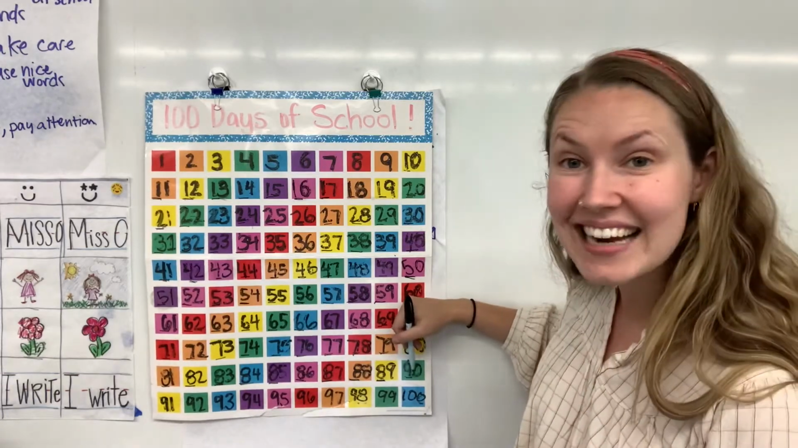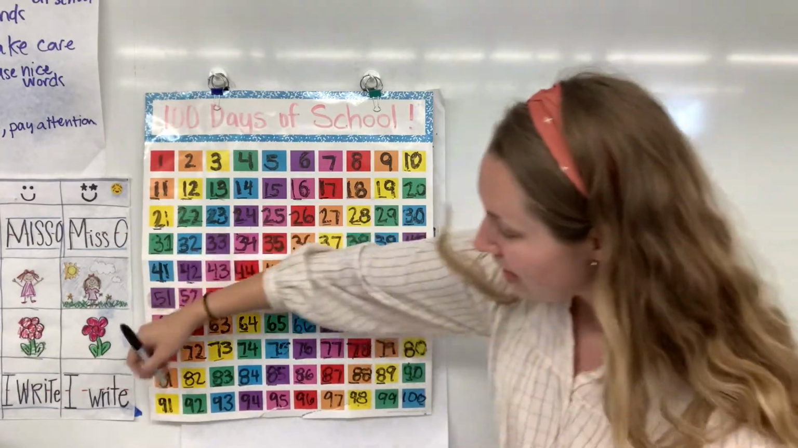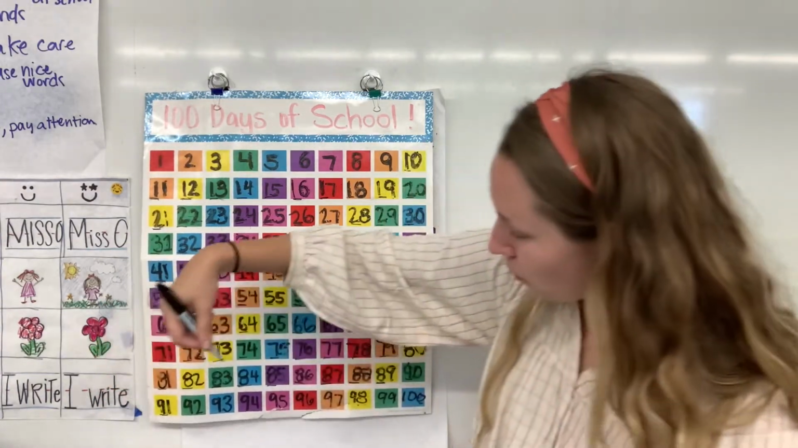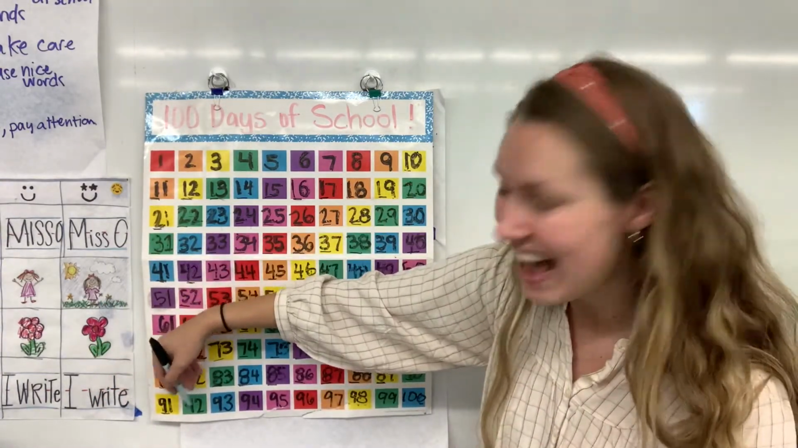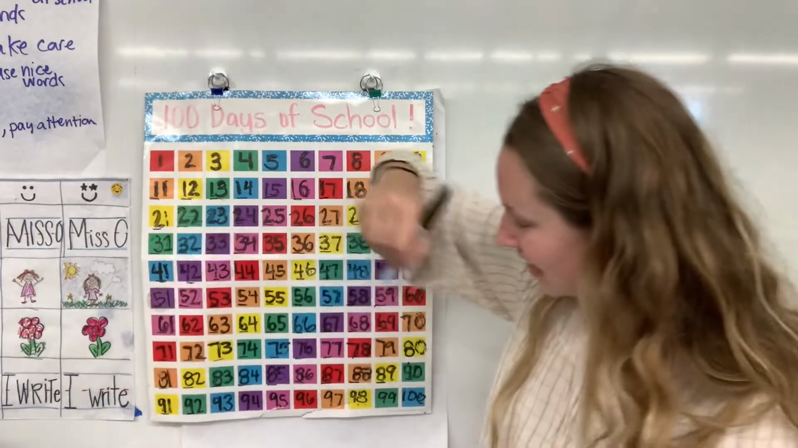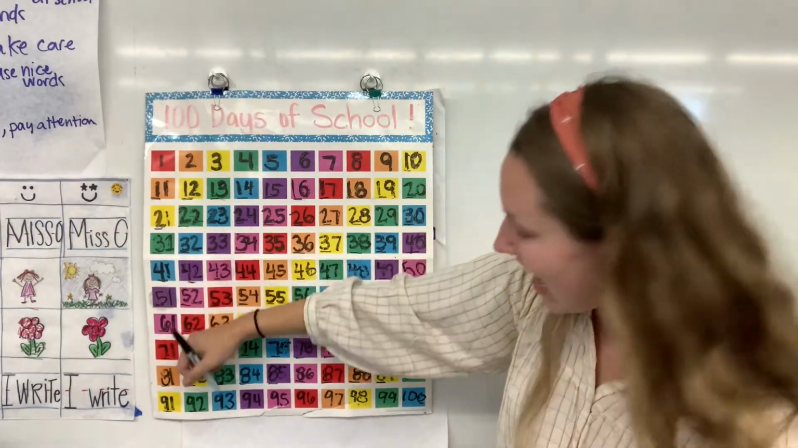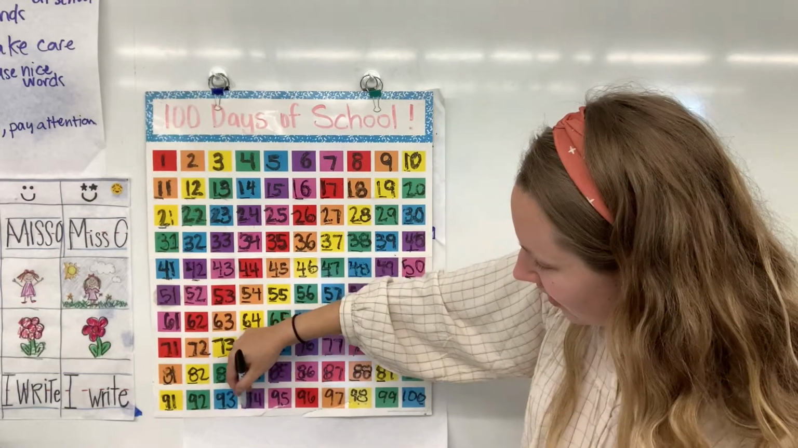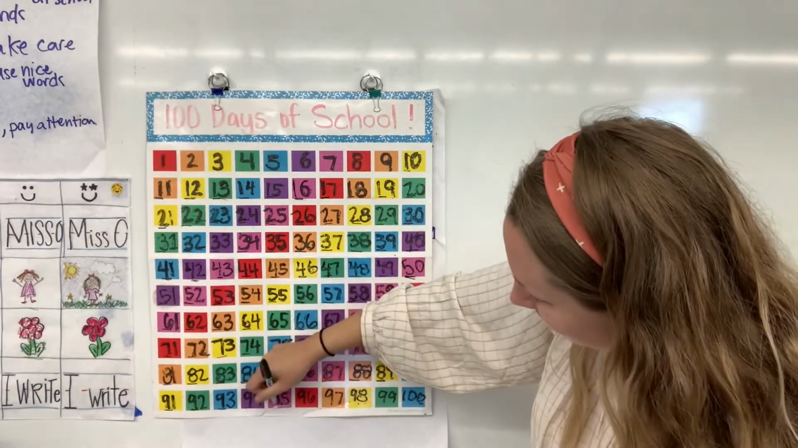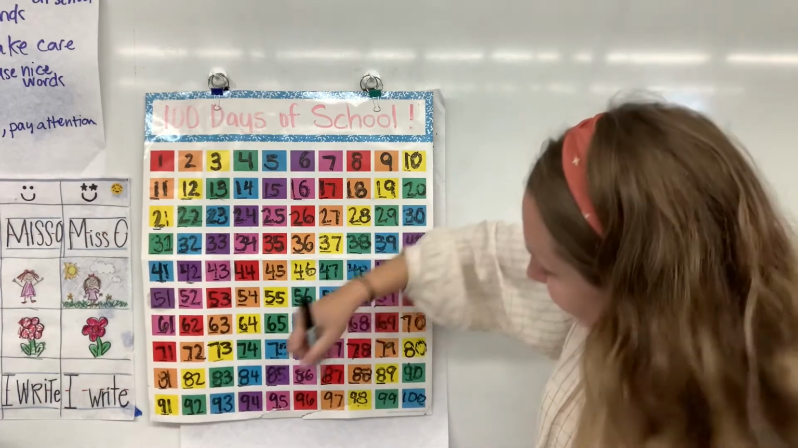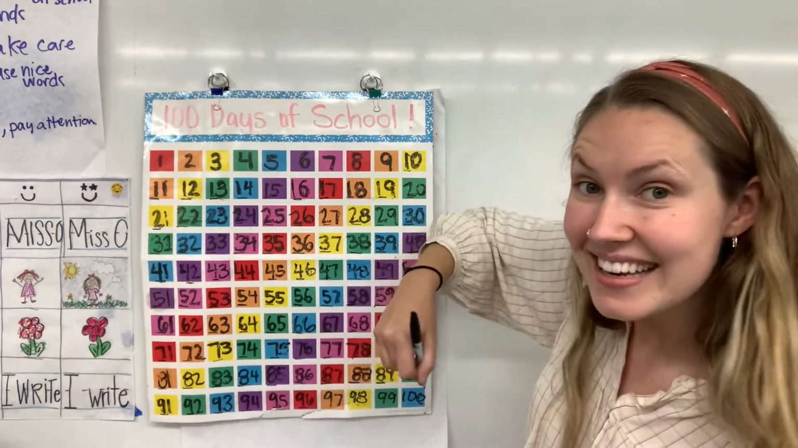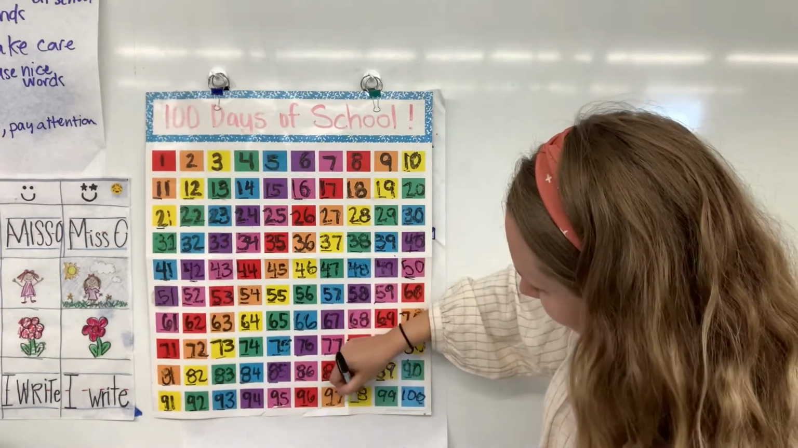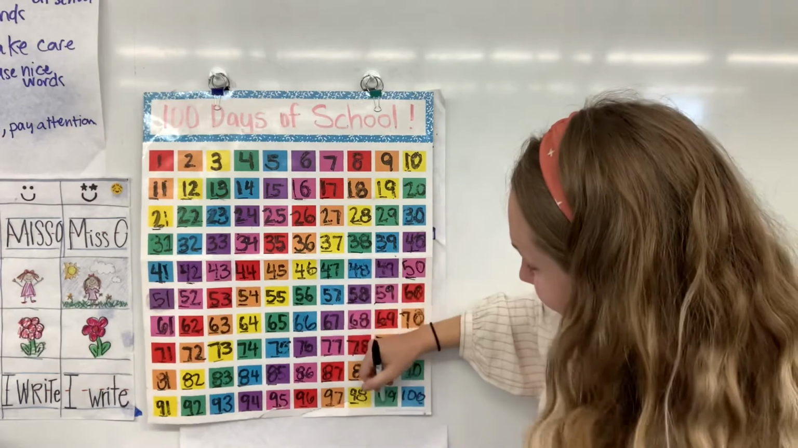90 has a 9 in the front, a 9 and a 0. 91 has a 9 in the front, 9 and 1. 92, another 9 in the front, 9 and 2. 93, another 9 in the front. 94, 95, 96, 97, 98, 99,